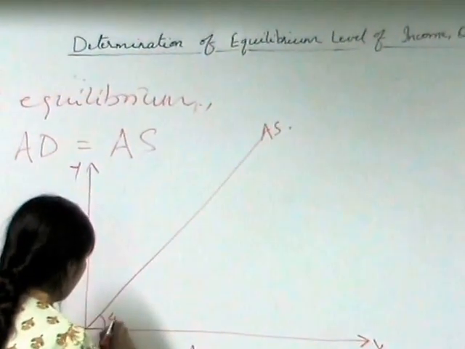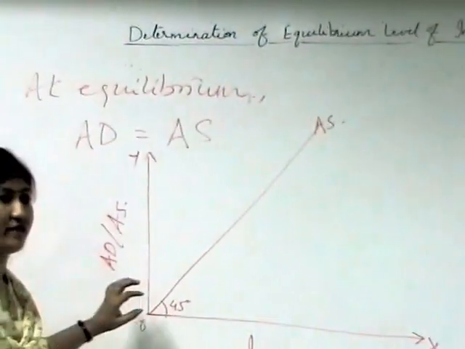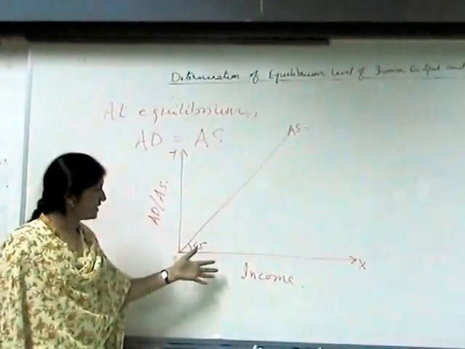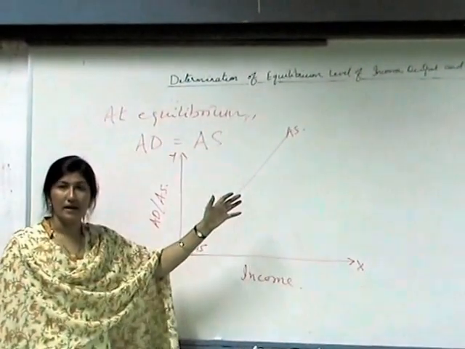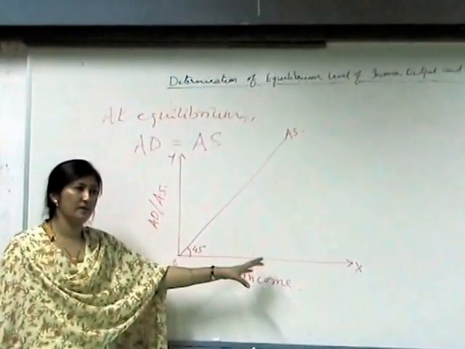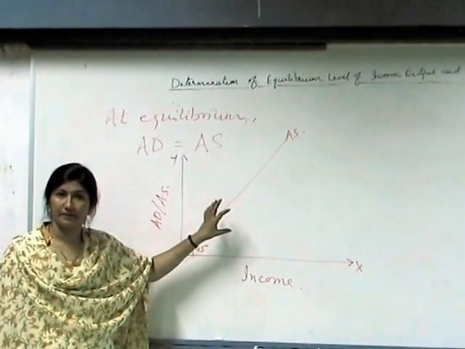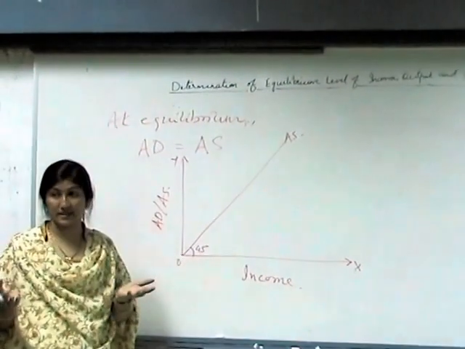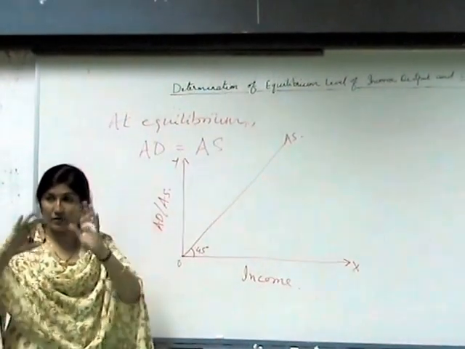45, it is a curve making a 45-degree angle with the x-axis, and we assume that the change in aggregate supply is according to the change in income. Means they are changing proportionally. As a result, when we draw, we are treating it as such, because we are learning basics. So somewhere we have to bring the constant.